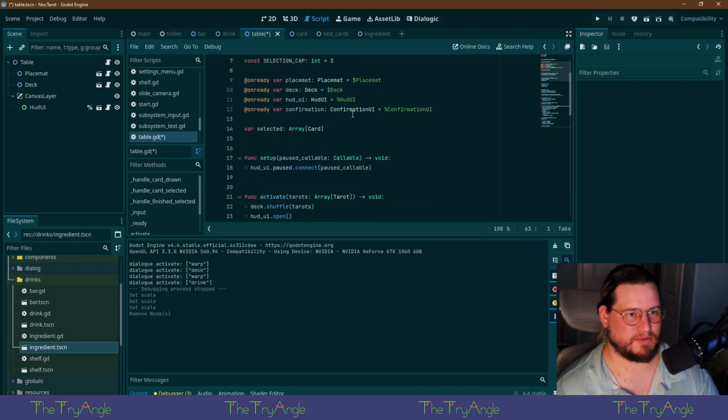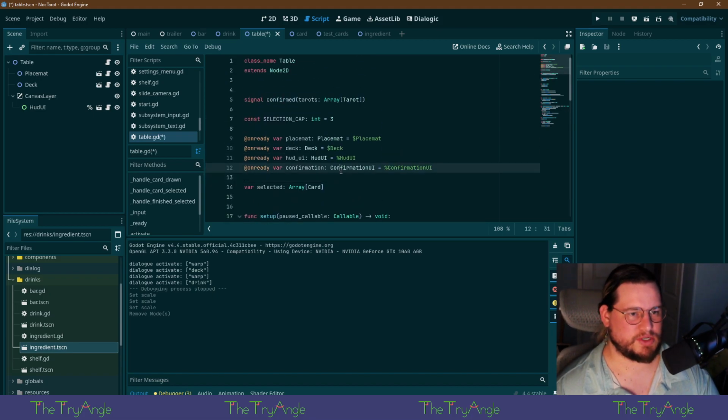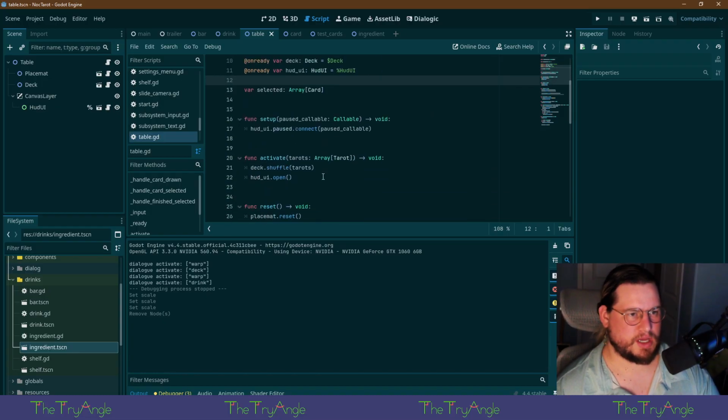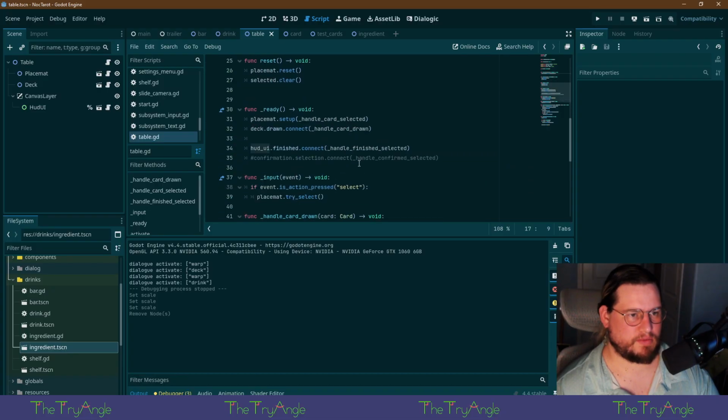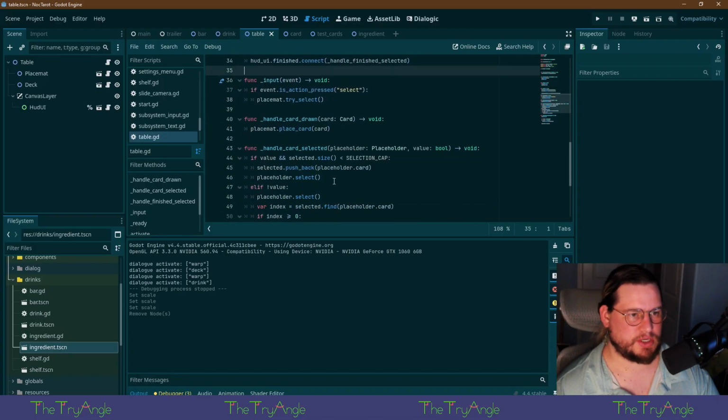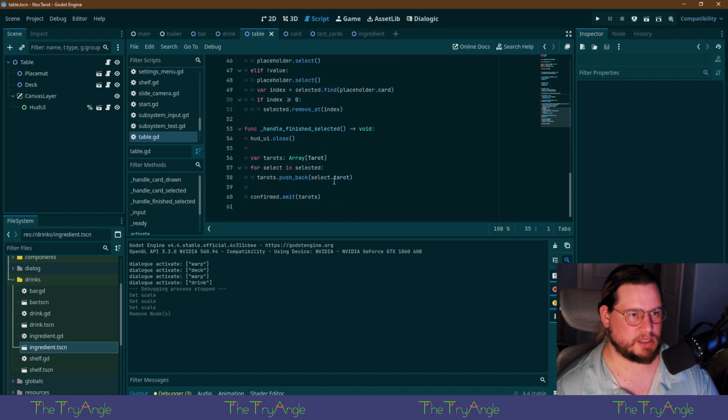That sounds so awful. All right, confirmation UI. So we will say goodbye for you. We have our HUD. We don't have any confirmation anymore. There you go.